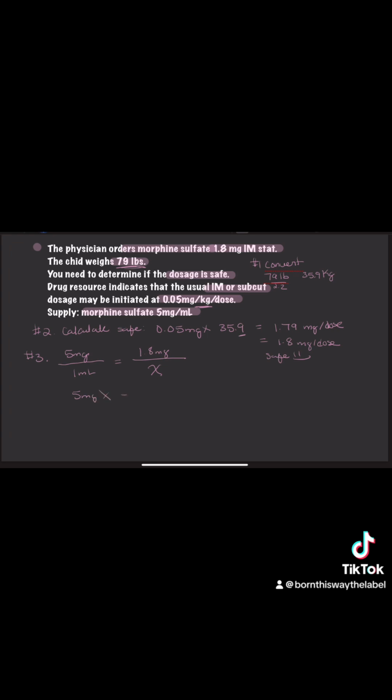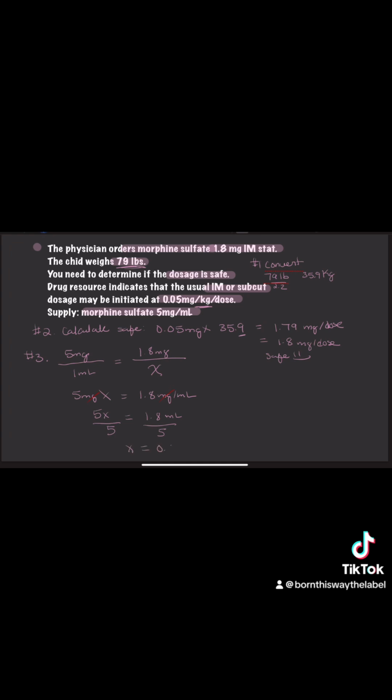So 5 milligrams times X equals 1.8 milligrams times 1 mL. So it's 1.8 milligram-mLs. Now I'm going to cross out the milligrams because I want to solve for milliliters. So next, I'm going to write out 5x equals 1.8 milliliters. So I want to isolate for x. So I'm going to divide both sides by 5. So x is going to give me